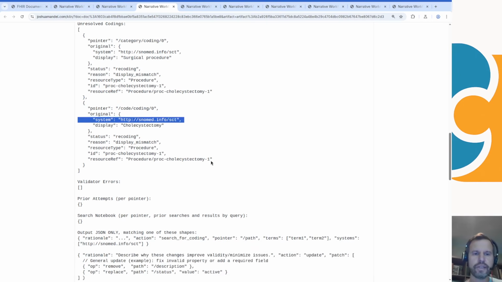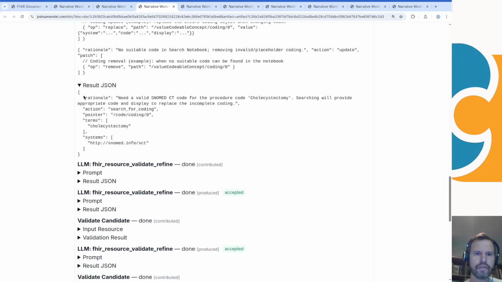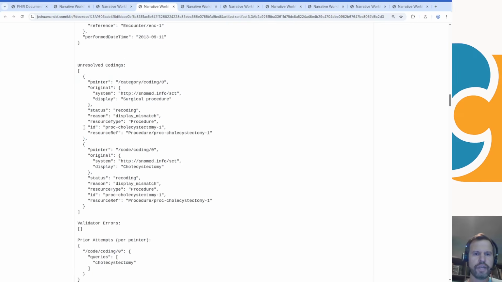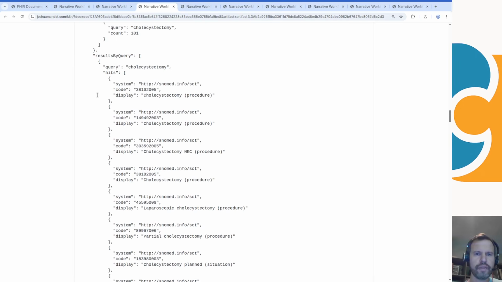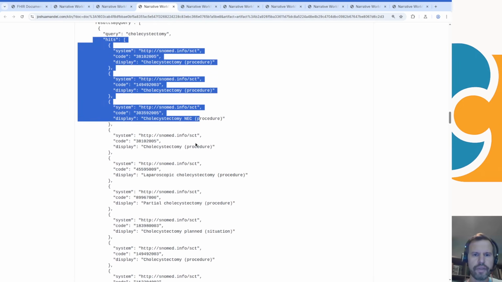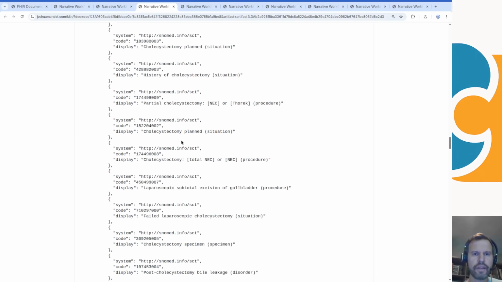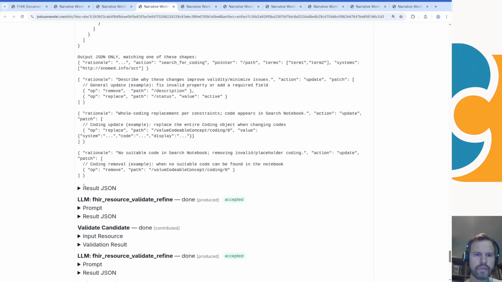things by heart. So we allow the language model to go through a couple of loops where it can first say, I want to search for cholecystectomy in a SNOMED terminology server, and then we'll prompt it with all the results that you get when you search a SNOMED terminology server with cholecystectomy. And there's a whole bunch, some procedure codes, various different flavors, partial cholecystectomy, and so on. And we just give it all those codes and ask it what to do next. And what it chooses to do next is